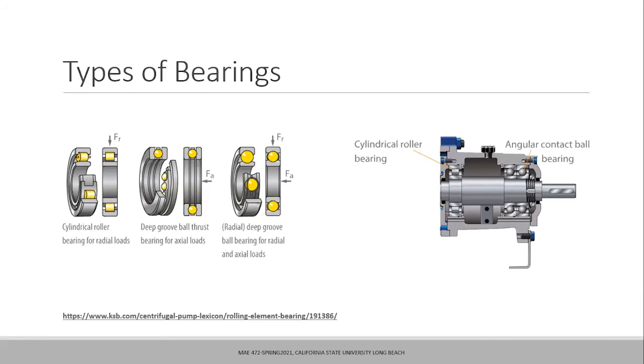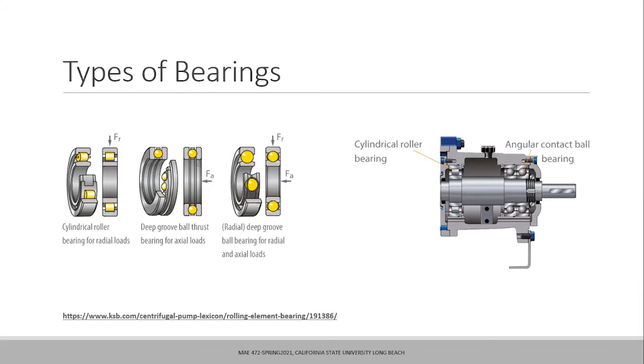The angular contact ball bearing. Yeah, because the cylindrical roller bearings cannot withstand the axial loads. There is no provision for the axial loads to be transmitted from the inner race to the cylindrical rollers to the outer race. However, if you look at the balls here, the ball has a certain point of contact in the axial direction for both the inner and outer race, and because of that, it transmits the axial load from the inner race to the ball to the outer race, and from the outer race to the housing assembly. Does it make sense to you guys?